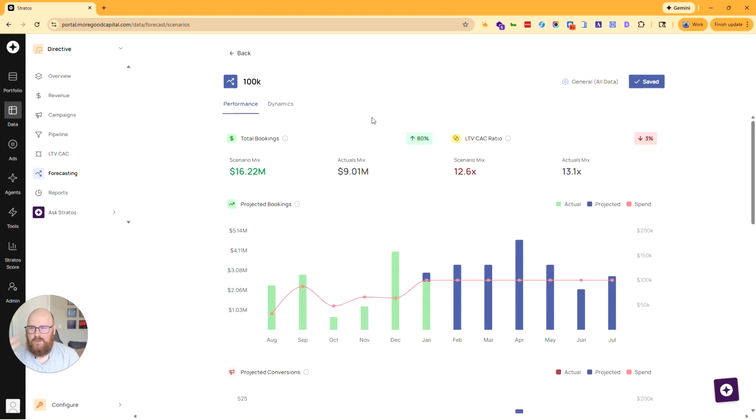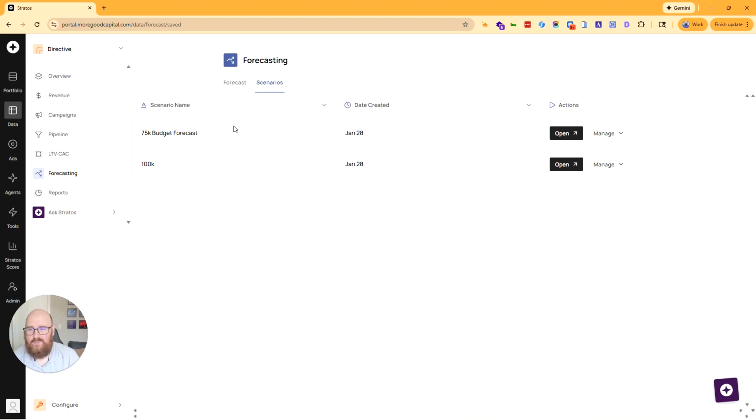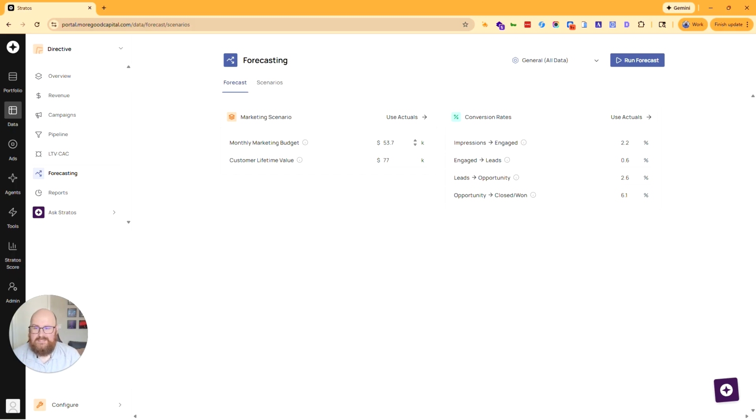So we have the 100K scenario, we've saved it. We can actually go back at any time and pull that up. I have a 75K one that I've saved here as well. It's really easy to go back and check the stuff out. Now, if you get back to the section at any time, if you're playing with your budget and you're like, wait a minute, what was it again? You can hit use actuals and I'm back to my numbers. So same thing, if you go to impressions to engage, if for whatever reason you think, you know what, we're launching a new video strategy this quarter, we think we're going to drive a lot more demand, we can double that number and see what happens. We think we got a new sales team in, a new pitch process, something like that, our opp to close rate should increase, or we see it trending and we want to see what the ultimate end state is. We can change that number and look at the forecast.